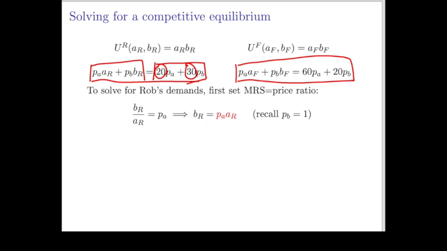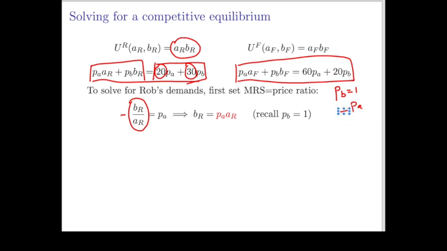To solve for Rob's demand, we're going to set the marginal rate of substitution equal to the price ratio. Remember, the marginal rate of substitution for this utility function is just BR over AR. Now the price ratio, technically it's minus BR over AR. If we've set the price PB equal to 1, then the slope of the budget line is minus PA over PB, and if the denominator is 1, then we just get minus PA. So if we set minus BR over AR equal to minus PA,